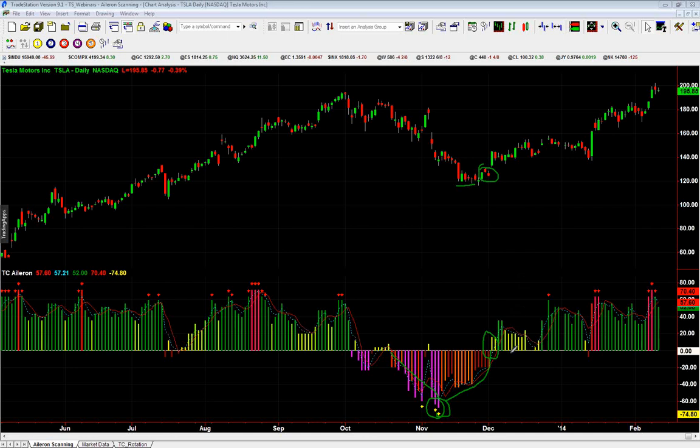And then you notice that you really haven't seen a change. The only thing you're seeing now is more warnings. You're getting a cross on the downside, but you're still above the zero line. So the Aileron really gives you a very good contra indicator. It gives you a unique look at what's happening, a very nice heads-up color display